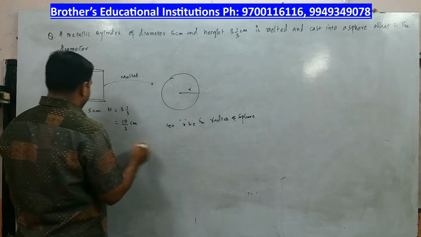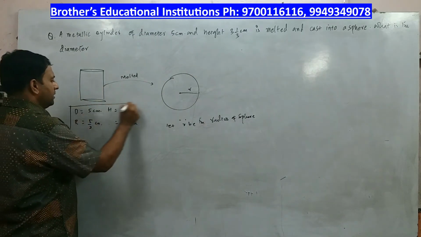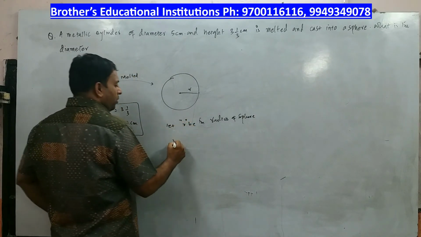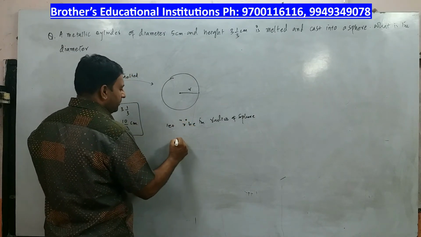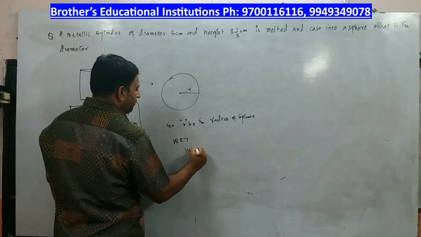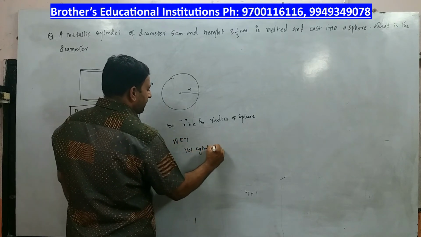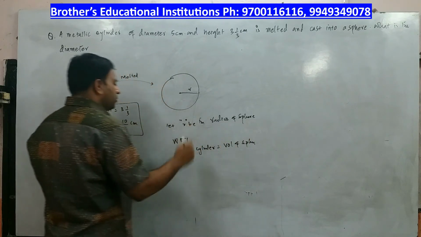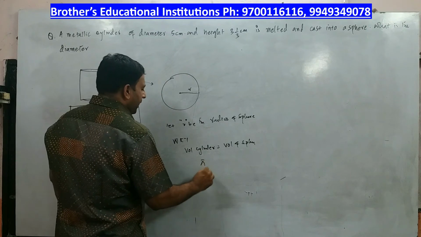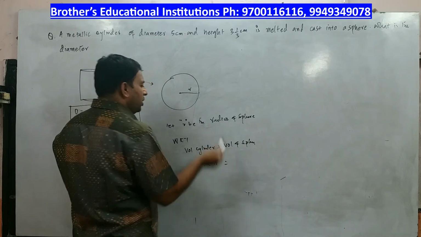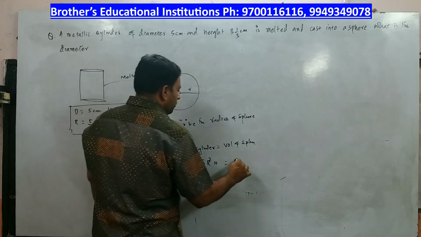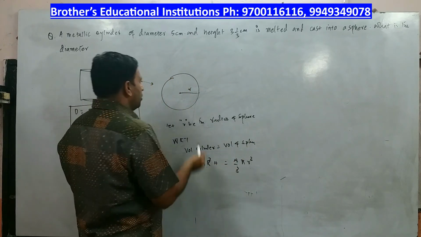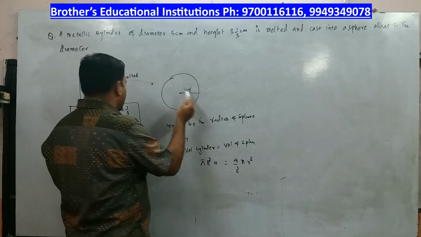So what will happen now? This is diameter, this is height. All that is clear. R be the radius of the sphere. Now we know that volume of cylinder is equal to volume of sphere. Now what is the volume of cylinder formula? Pi r square h is equal to volume of sphere formula, 4 by 3 pi R cube. Make sure that you are writing two different r's. Do not think that both are the same. This is small r and that is capital R.